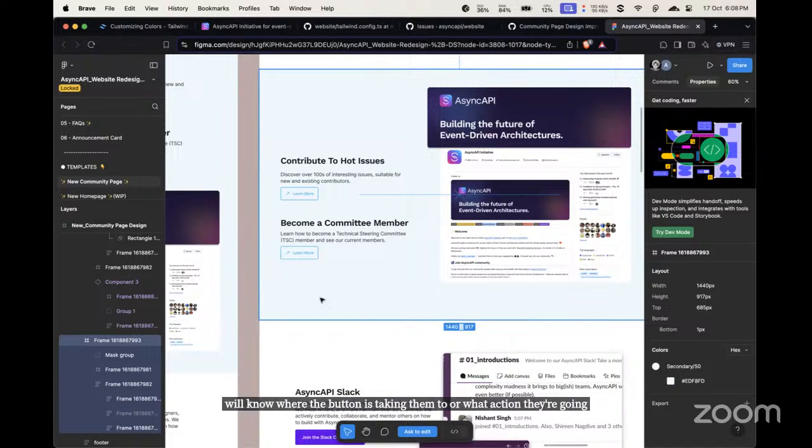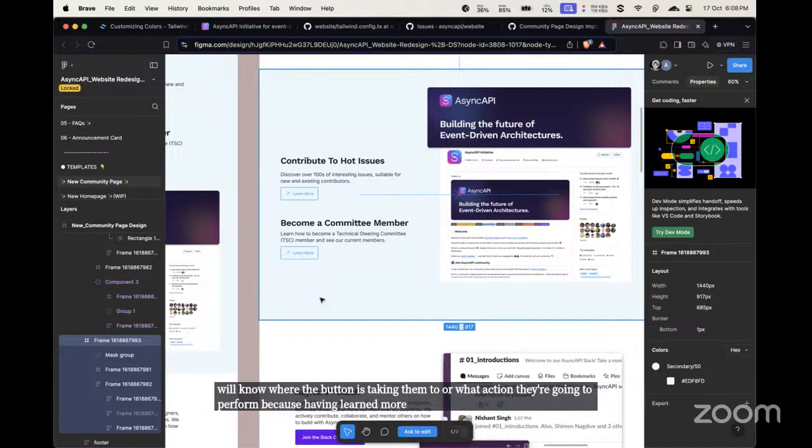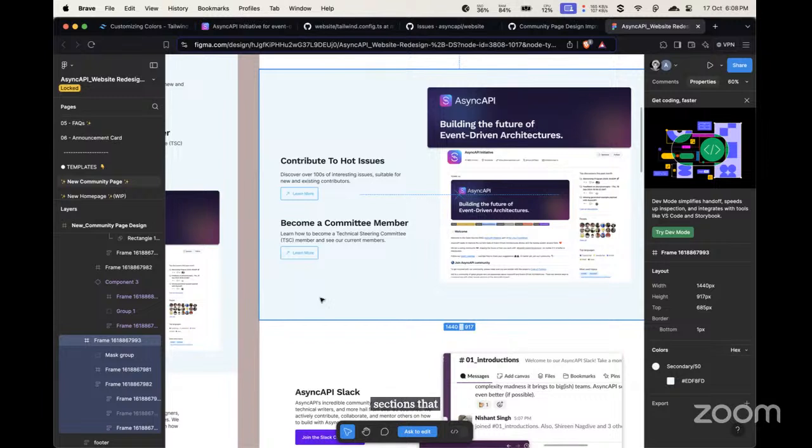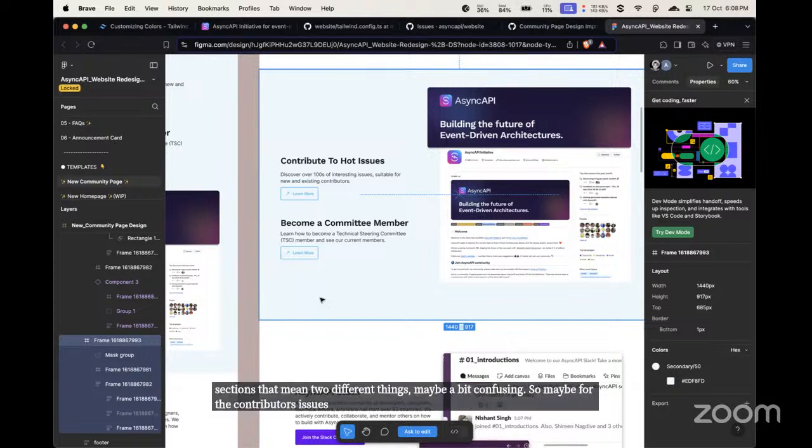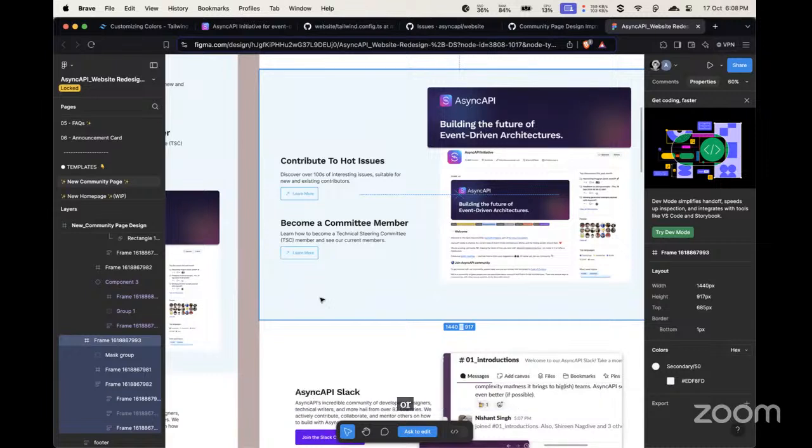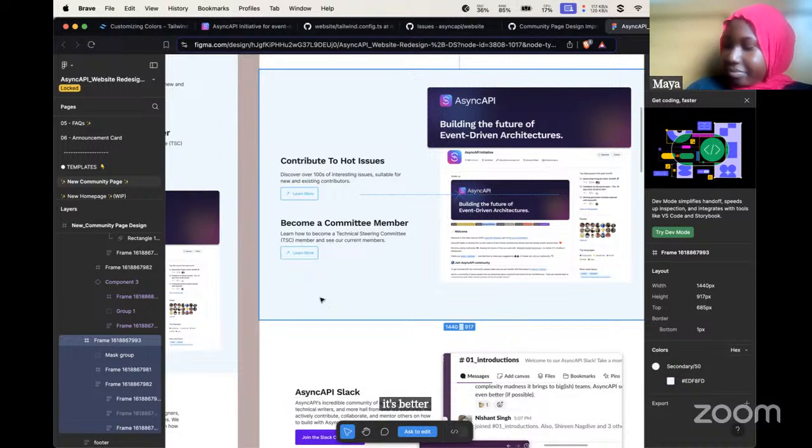Because having Learn more for two different sections that mean two different things may be a bit confusing. So maybe for contribute to good issues, the CTA could be Contribute or Learn about contributing. Then you just use different CTAs for different buttons. It's better for accessibility. Thank you so much.